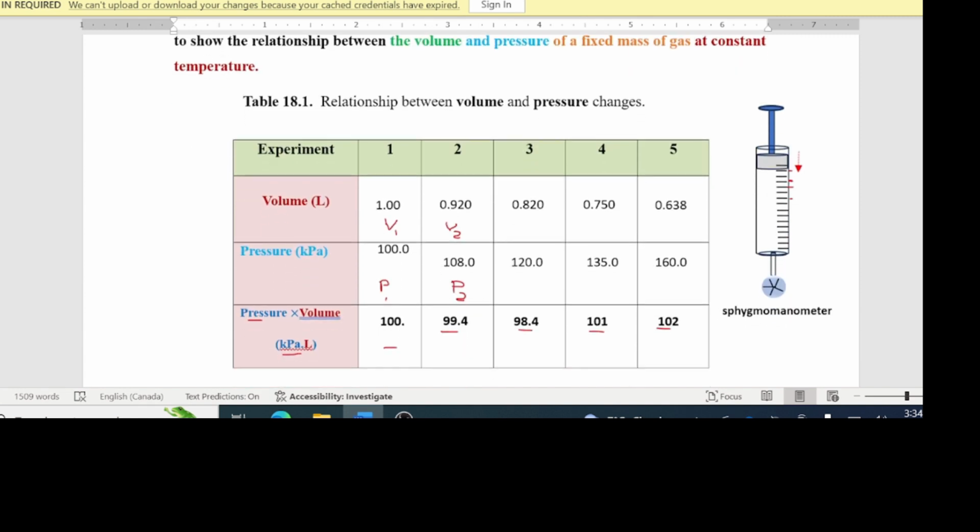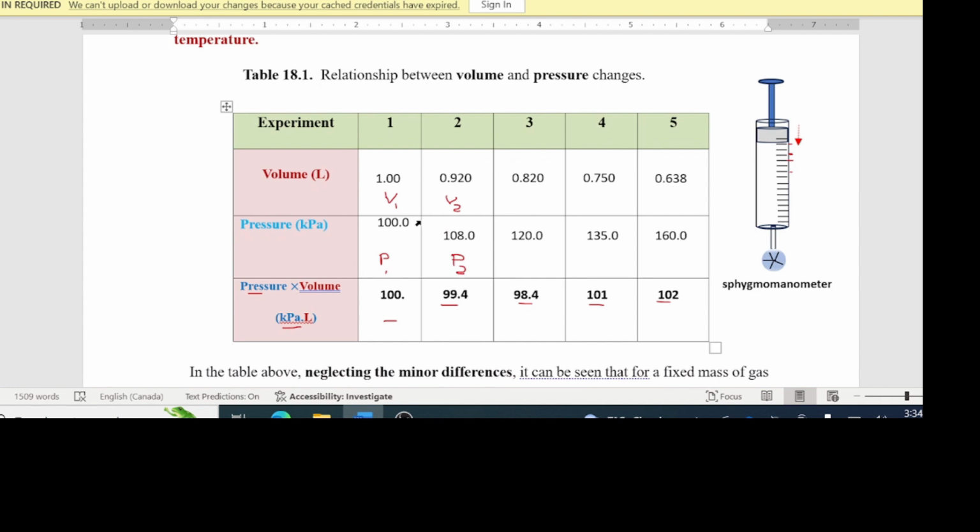So let's look at this table here and try to analyze it a little bit. Okay. Let us say that this here was a syringe in which this experiment was conducted. Initially, the pressure was read to be 100 kilopascals. This here is this sphygmomanometer. It's an instrument that's used for measuring the pressure of gases. It's something similar to your blood pressure kit. So initially, the pressure of that volume of gas inside there was read to be 100 kilopascals, and its volume